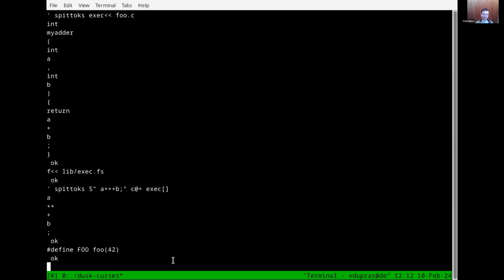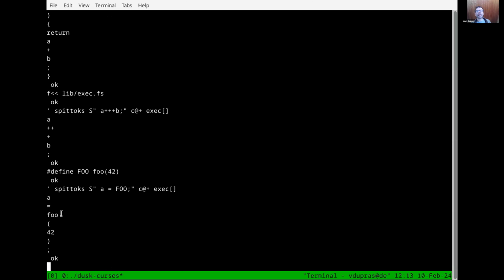Then if I tokenize this with spit-tux, and I've tokenized something like this, at plus exec, we will see that the macro is hijacking the input stream to then input itself into the tokenizer so that it's exactly the same as if I had typed this directly.